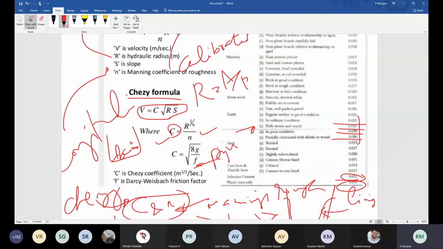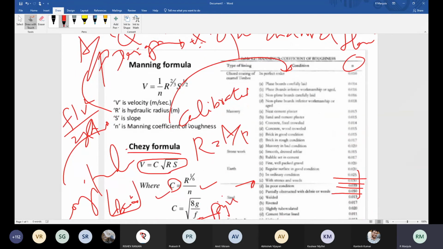When you are talking about pipe flow, then you can make use of this formula, because in the Darcy-Weisbach equation you need to have your f. It is f L V square divided by 2gD, right? This is for finding out the friction loss. So f is nothing but Darcy's friction factor. If you know f, you can compute C, and if you know C, you can compute n also. Or directly, if you know the value of n, you can substitute and find out. So both formulas, Manning's formula and Chezy's formula, are interrelated. But both formulas give only the velocity of the flow.